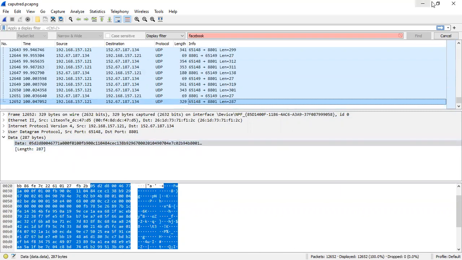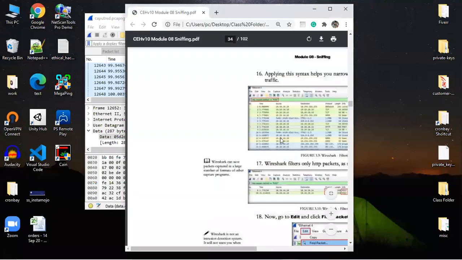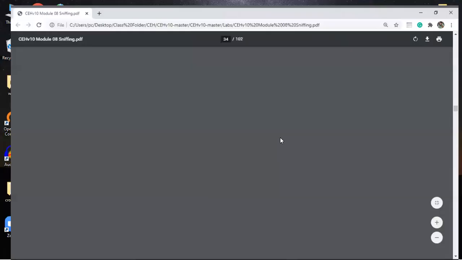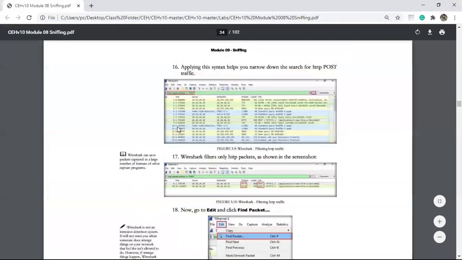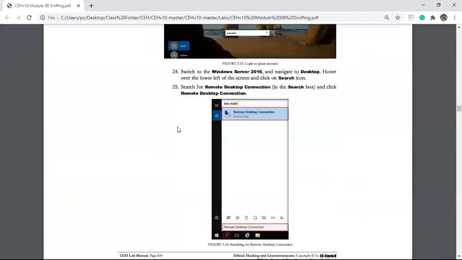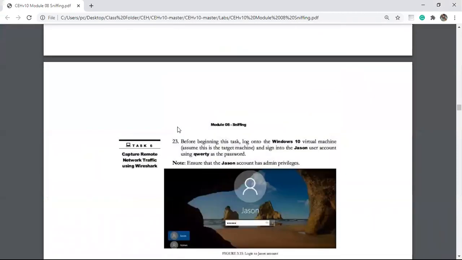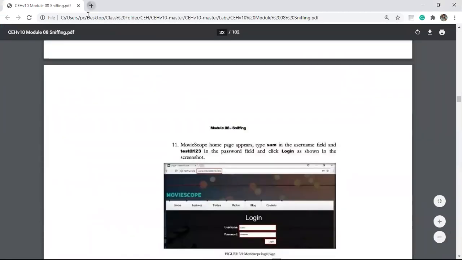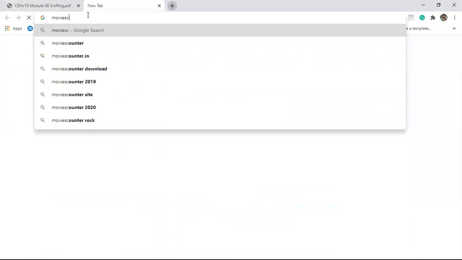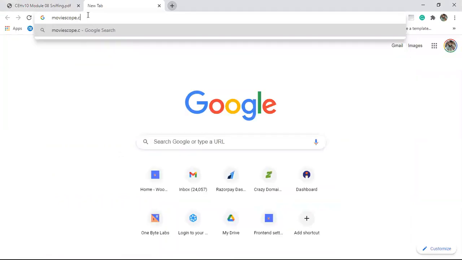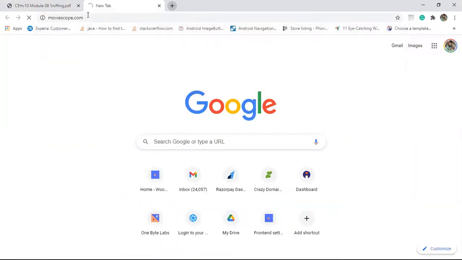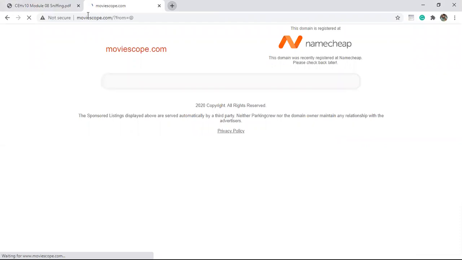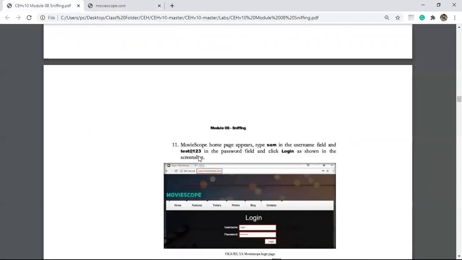Suppose let us go to a website. Moviescope.com. Okay, what was that?